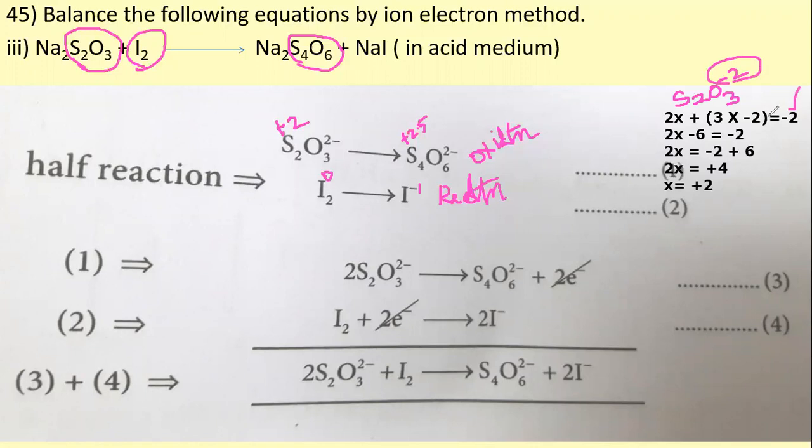Okay, so I saw from your assignment, some of them are writing this minus 2 before this equal to, and here you are writing 0. Okay, so if in a question it has a charge like this, you have to write it after the equal to symbol instead of 0. Okay, see now this S2O3 2 minus, in this sulfur will have the oxidation state of plus 2.